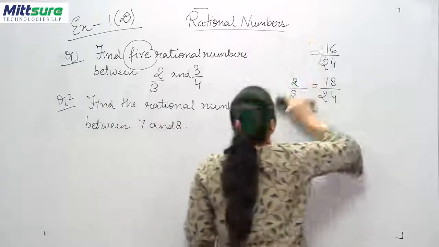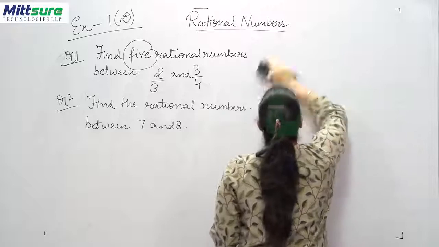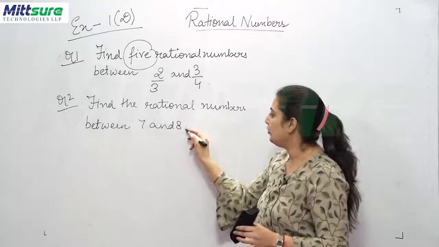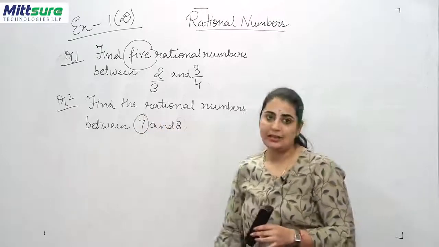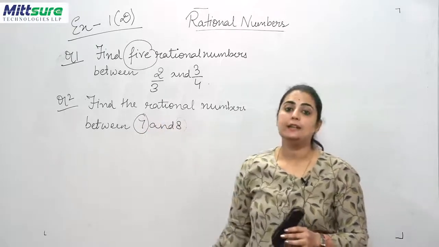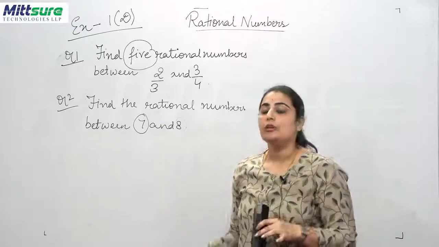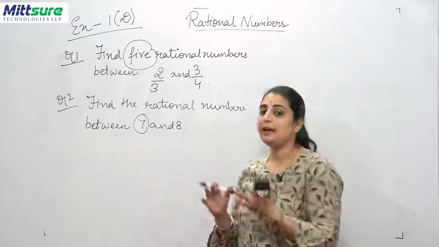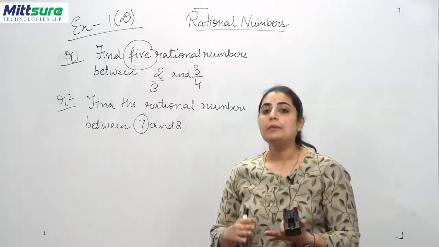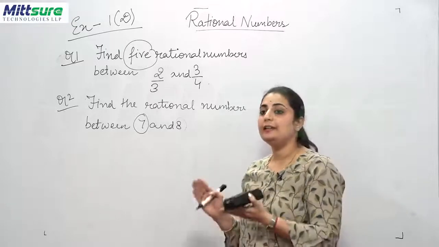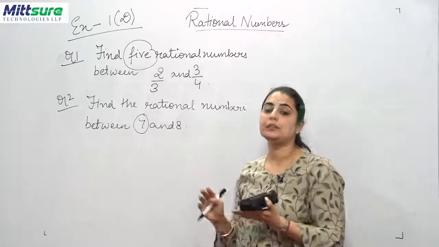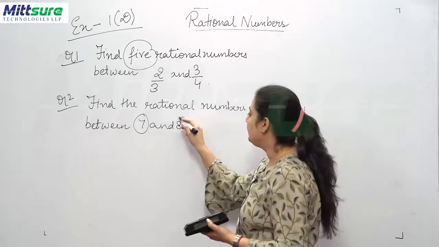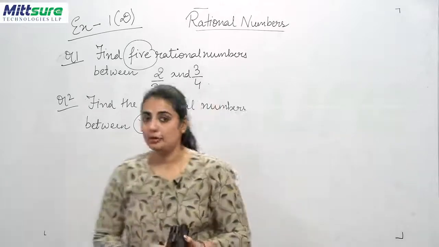In the next question, we will use the midline formula. Why? Because you can see that I have to find out the rational numbers between 7 and 8. Now again 7 and 8 are consecutive numbers. When we talk of consecutive numbers, it is very difficult to see whether there could be any surety of getting in-between rational numbers between the two given numbers. So to avoid that, we will be using the midline formula here.